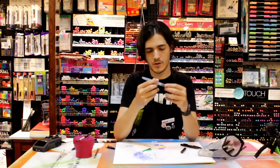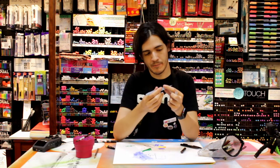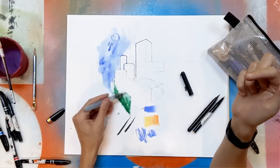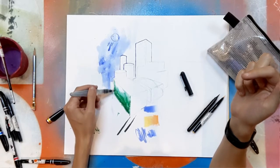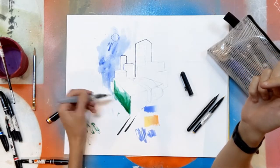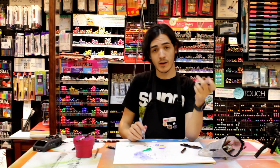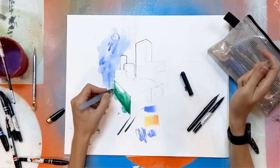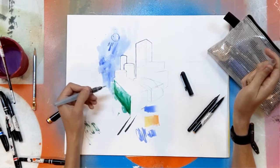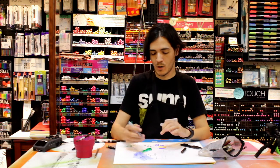Oh, here we go. There's just this, which is a simple water brush, and it's actually refillable with water. Same bristles, but just so you know, you always have a water brush on you. It's super convenient, and if you have your micro brushes on you and you have one of these, there's really nothing you can't do. If you're a watercolor artist, if you're an ink artist, a lot of inkers and comic book artists are sort of getting into this ink, dry brush, watercolor